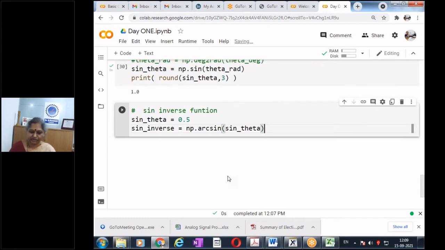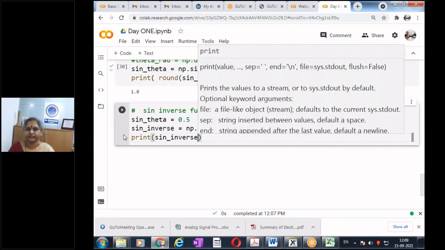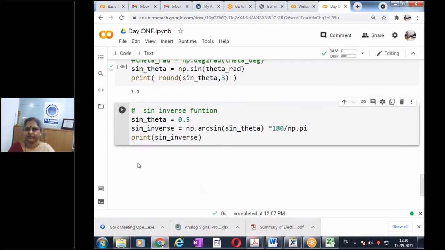So sine inverse, if I want it in degrees, what should I do? I'll multiply it by 180 and divide it by np dot pi, and then I will have the result in degrees. Print sine inverse. See whether it works.